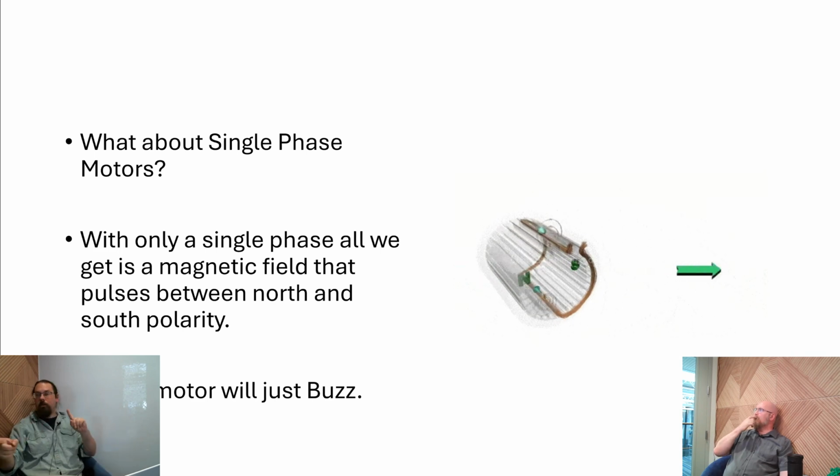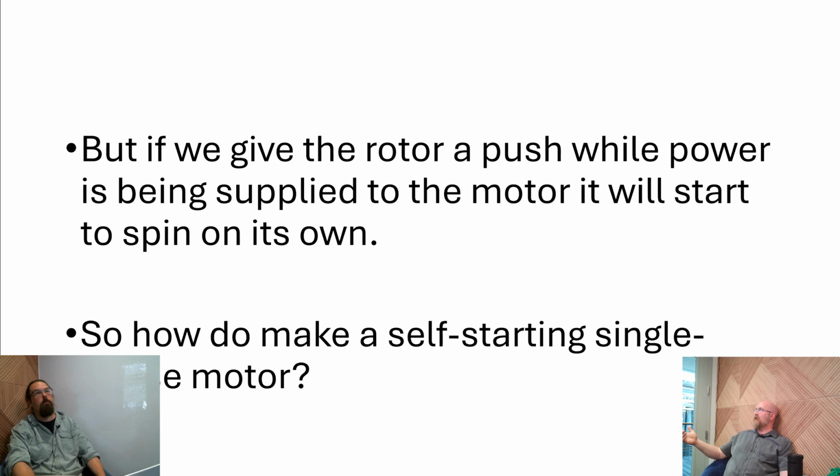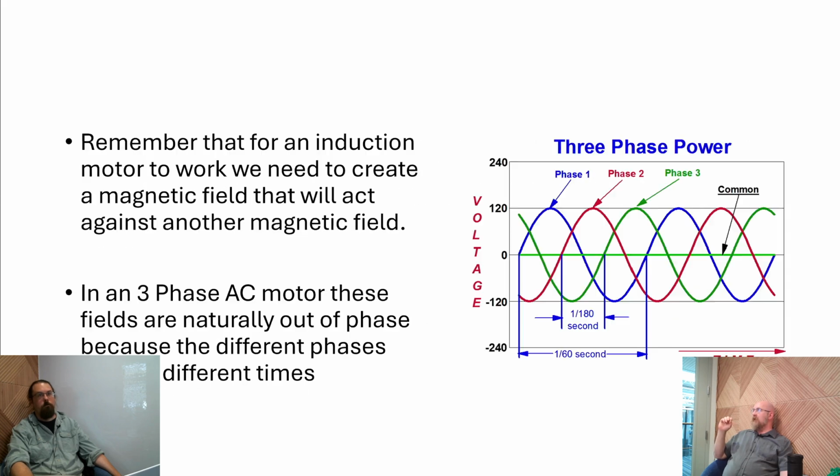We need a difference between those two portions to actually get this thing to rotate. Otherwise it just sits there and buzzes, which is a very distinct sound when it comes to an AC motor. If we give the motor a push so that the rotor has a bit of momentum, it will continue to spin in that direction because it's constantly running against the same alternating cycle. So the way that we do this is we add